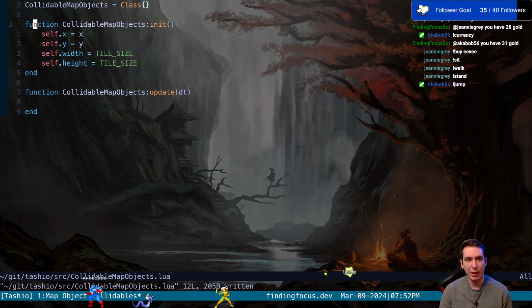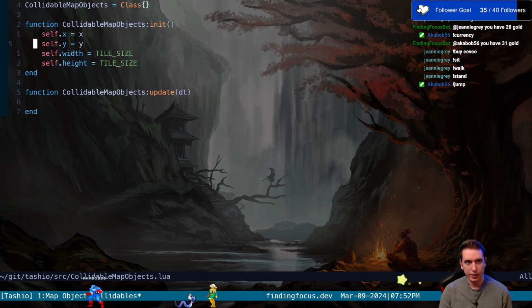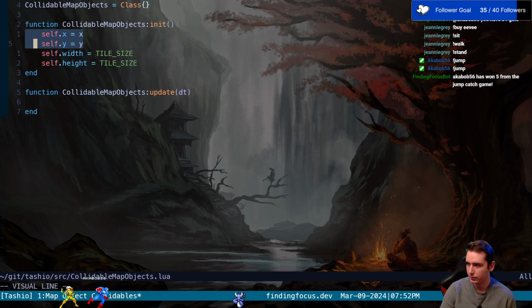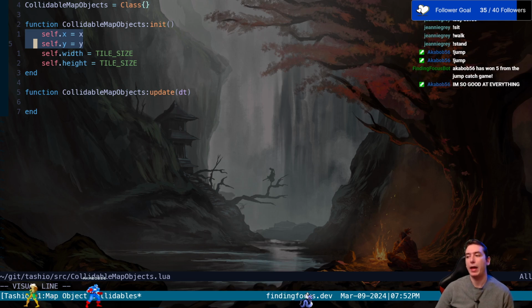Okay, so our collidable map objects get initialized with an X field, a Y field, a width, and a height field. And the width and height are at least set, but how do we tell it what numbers to put in our X? Hey, nice grab. We need to be able to put a reference to the X and Y. Yeah, how do we do this? The X and Y would be part of the quad, because we have a reference to,